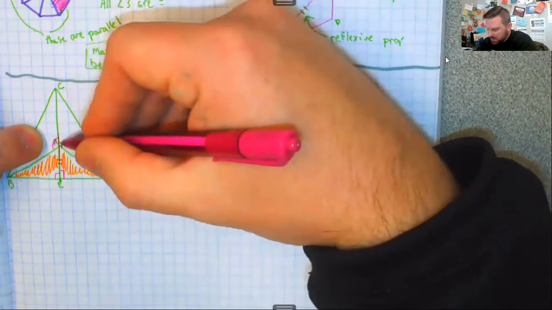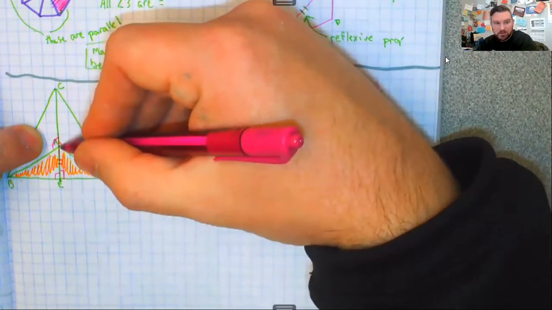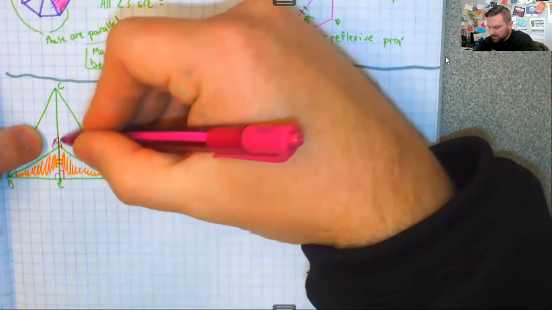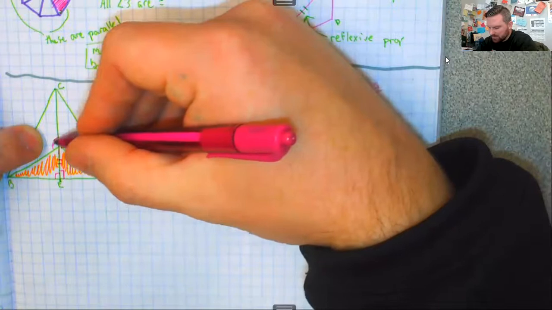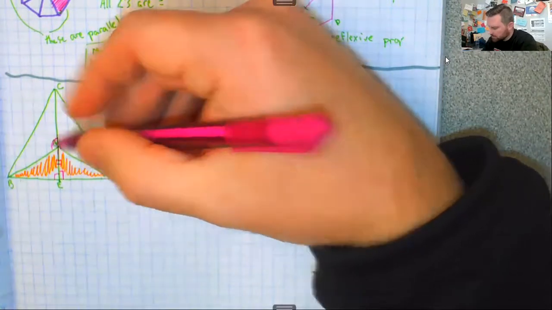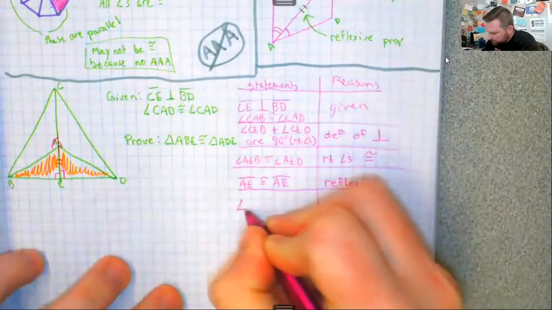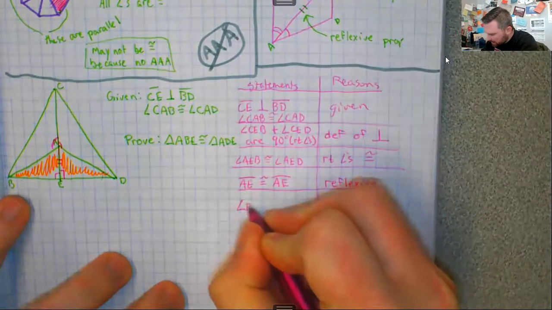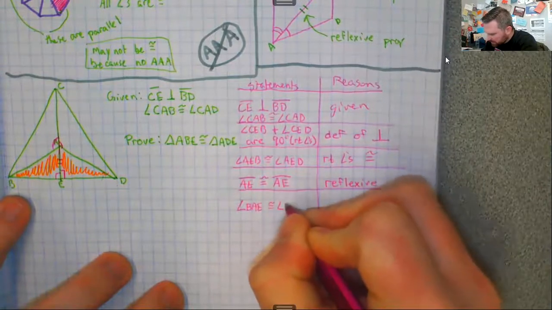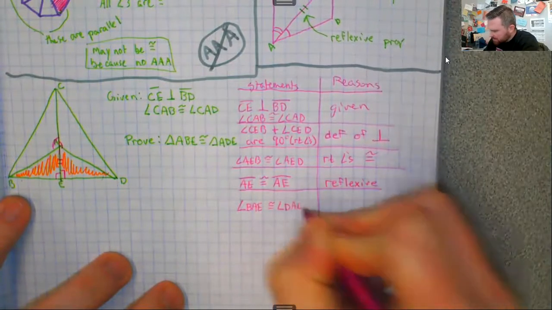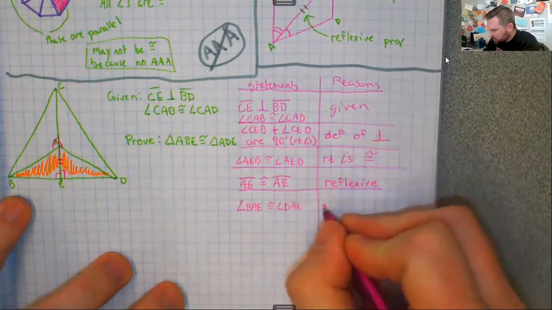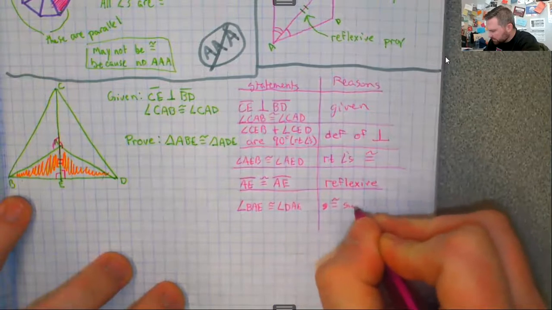And these two angles are also a linear pair and are supplementary. And these two angles are the same. Well, if these two angles up here are the same, then these two down here also have to be the same. So we're going to say angle BAE is congruent to angle DAE. And this is known as the congruent supplement